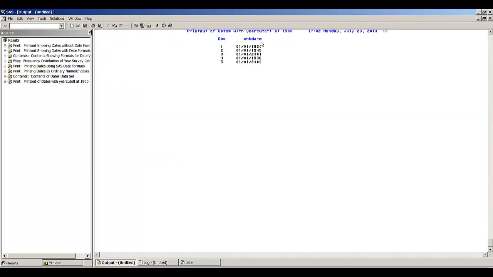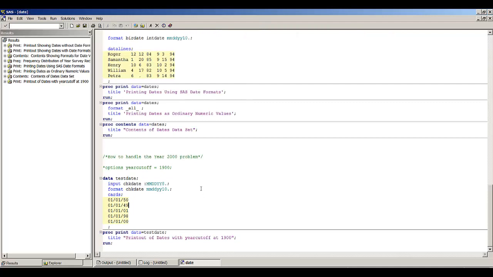And you see here that when we do a 10 dot format, SAS assumes that the year 50 is somewhere between 1920 and 2020. And so if there was an ending of 01, SAS assumes the year is 2001 because it's sometime between 1920 and 2020. That's the default century that SAS uses. So if your year is just 2 digits, SAS is going to assume that that year is somewhere from 1920 to 2020. Let's say you were dealing with historical data and you wanted 01 or 00 to represent 1900 or